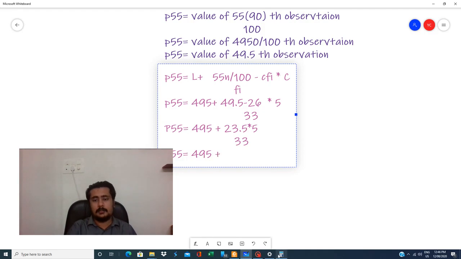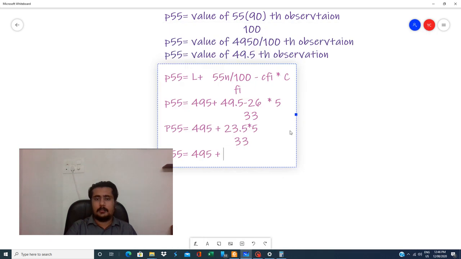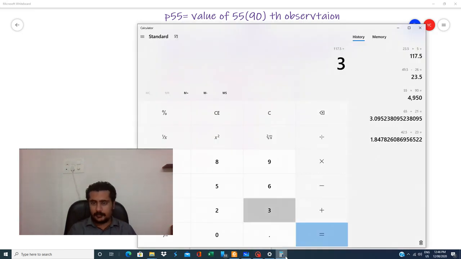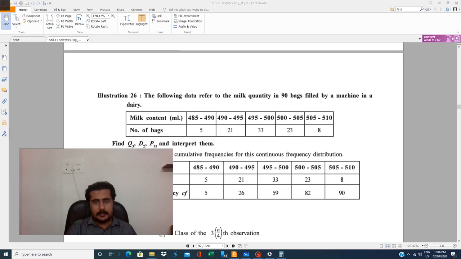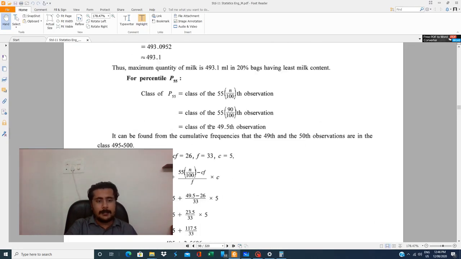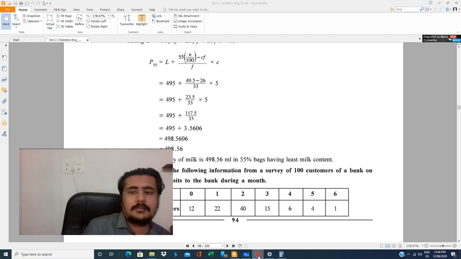P55 will be 495 plus. Now what is 23.5 into 5? 117.5 upon 33. P55 is equal to 495 plus 117.5 upon 33. That is 3.56. P55 will be 498.56. Let us see if it matches with the answer or not. Yes, it's 498.56. So what we'll be writing in interpretation,